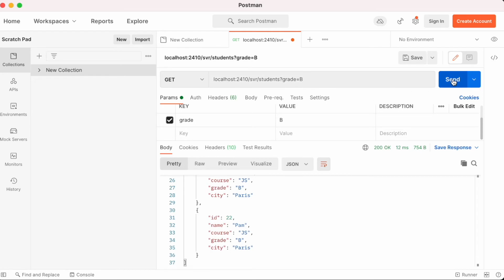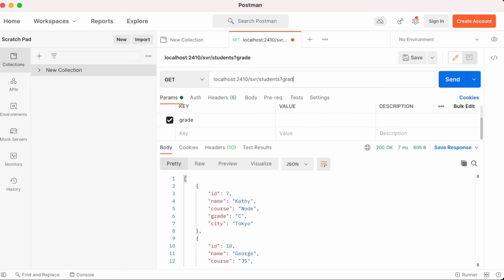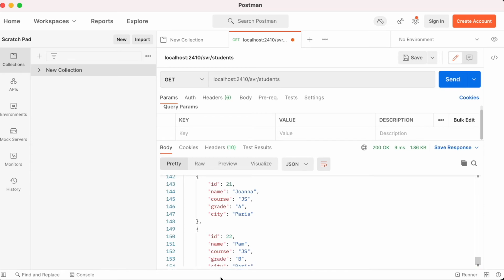Will that work fine? So we get grade B. And this seems to be working fine. And student should also work, and we should get the whole array, which is what we are getting here. So this seems to be working absolutely fine.